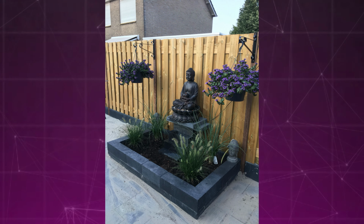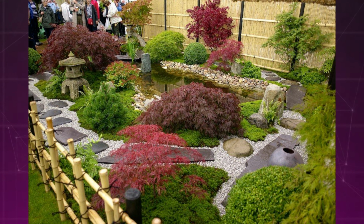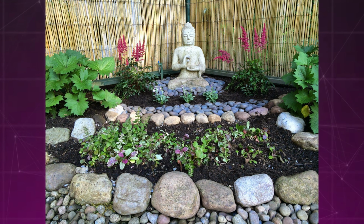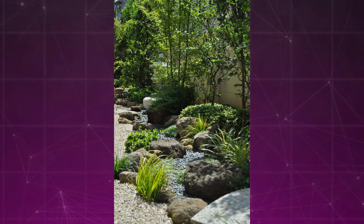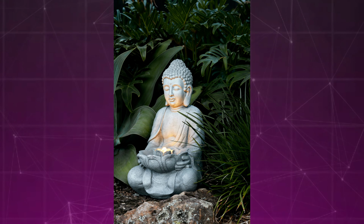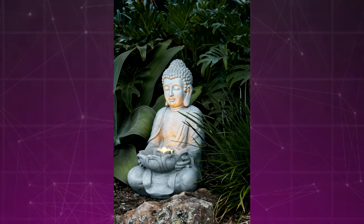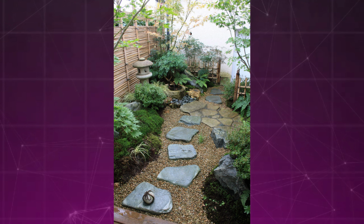This concludes our journey through the art of Zen gardening. Remember, this is just the beginning. As you create your own haven, explore, experiment, and most importantly, enjoy the process. May your Zen garden be a source of endless peace, inspiration, and a constant reminder that tranquility is always within reach. Final thoughts. As we reach the end of this journey, remember, your Zen garden isn't just a collection of